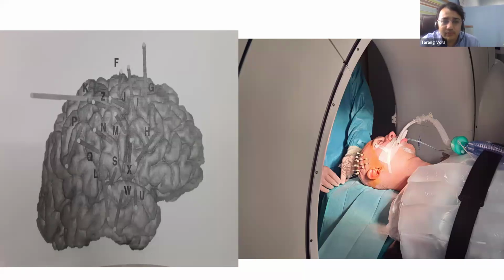We have a map of the brain where we plan out different areas, and then we make tiny holes on the skull under guidance. As you are seeing on the image on the right, the patient is under an O-arm. O-arm is an intraoperative radiological device which takes images, like a CT scan, but in an intraoperative phase. And during the surgery, we are able to merge the image of the preoperative MRI with the plan and the O-arm to see if the location of the electrodes that we have placed in the brain is accurate.